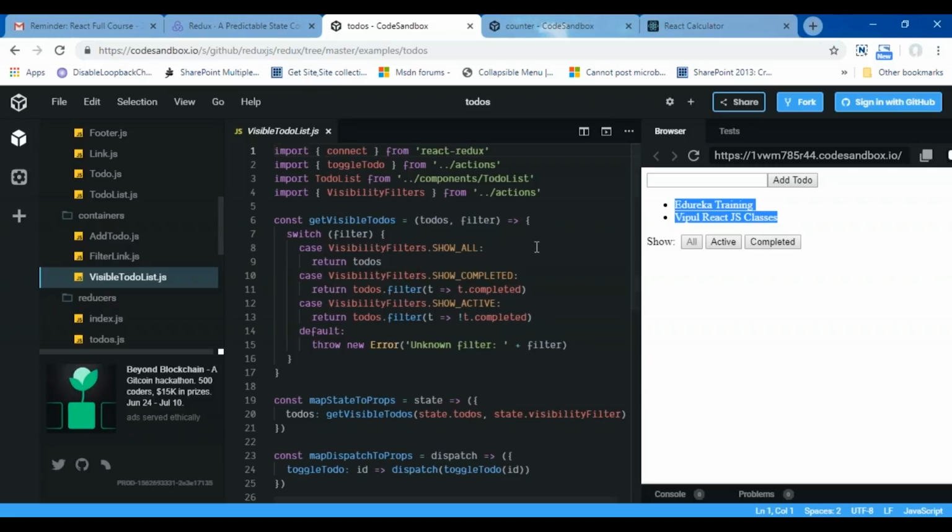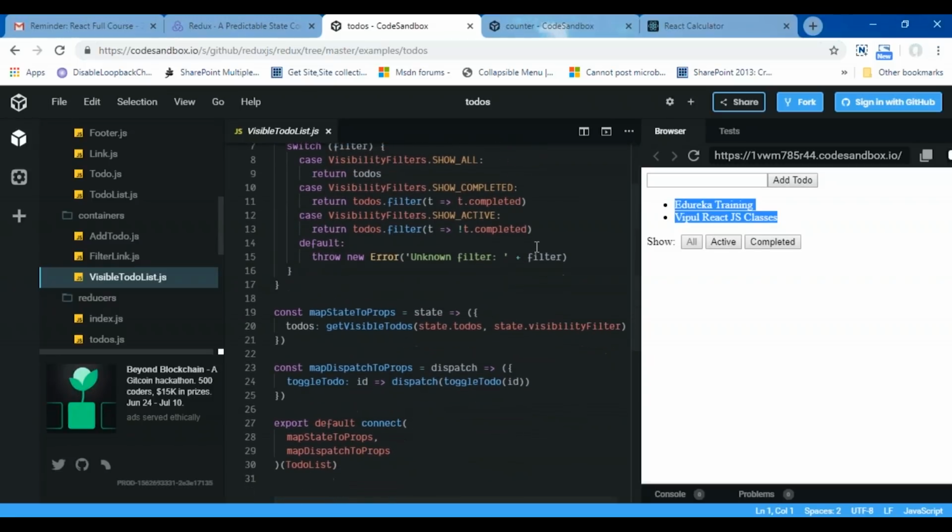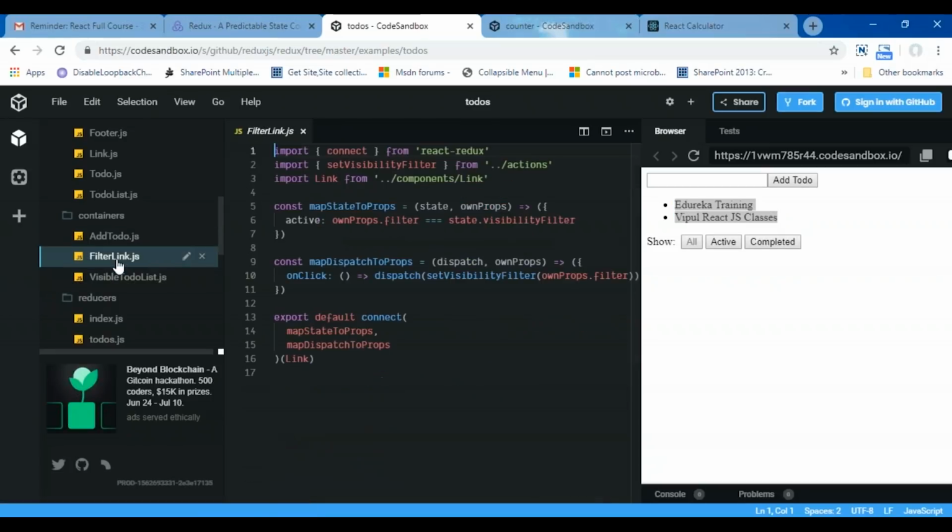And once we subscribe to the Redux store, it knows how to apply the current visibility filter. To change the visibility filter, we can have a filter link container component that renders the link that dispatches an appropriate action.